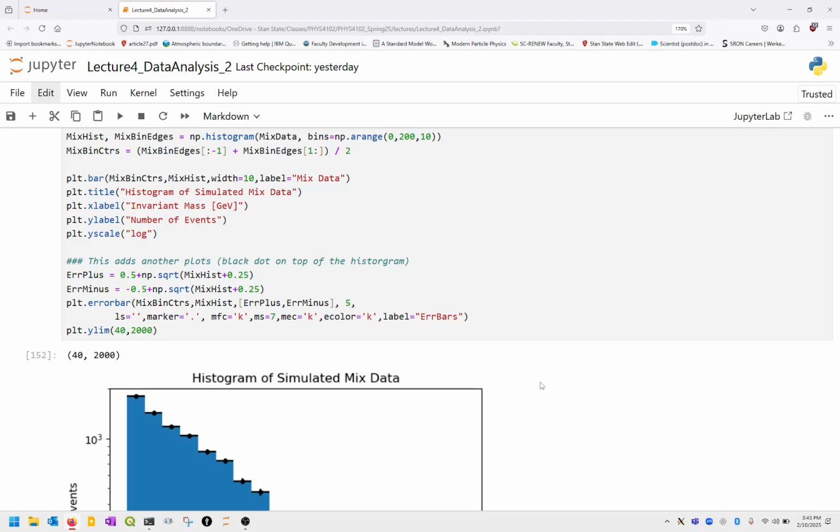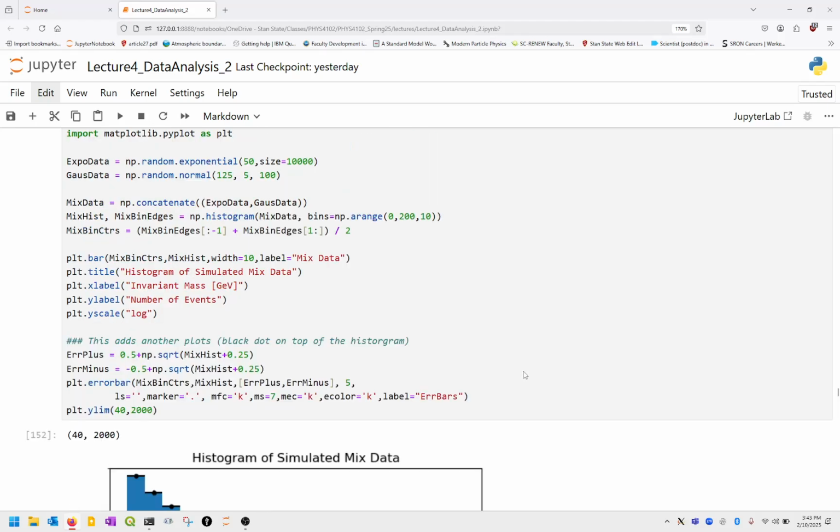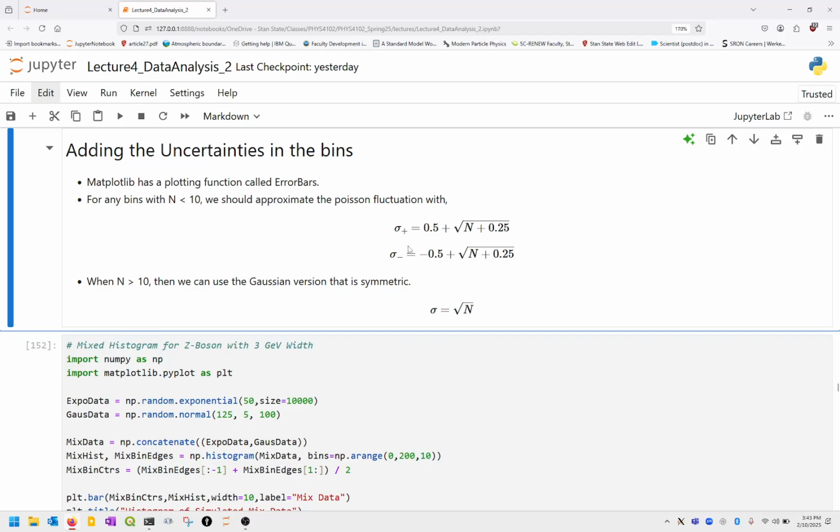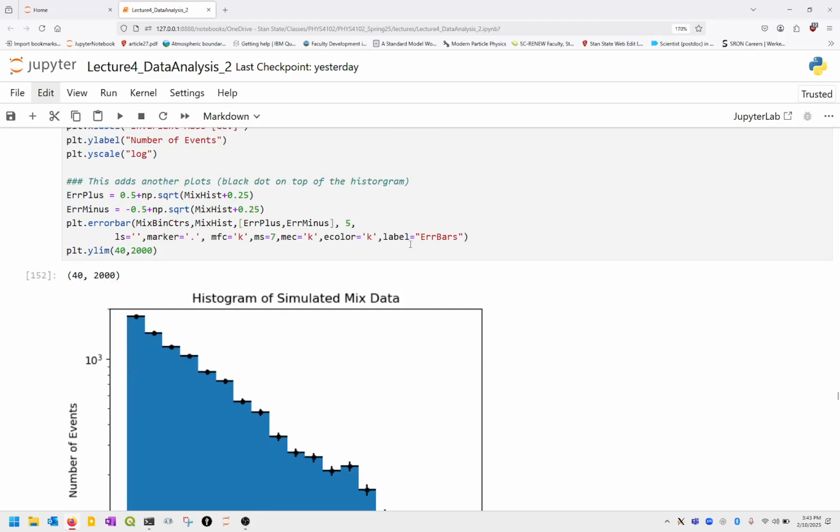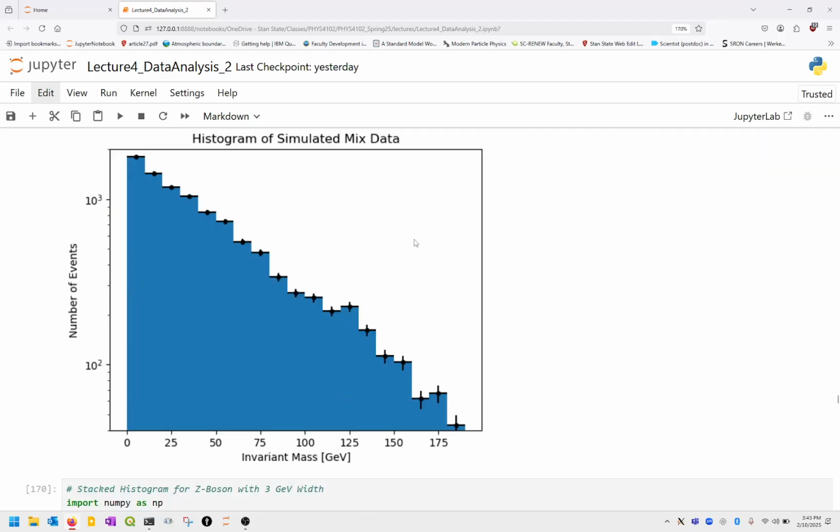Actually, I did it the fancier way. Never mind, I did it with the asymmetric error. A lot of times to be safe, and I think this is the reason why I did it, this histogram just keeps going, so you're going to end up with bins with very few events. So to be safe, you should just do the